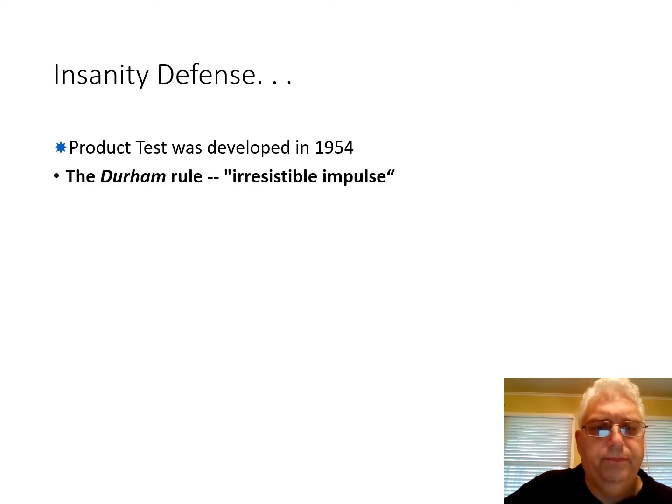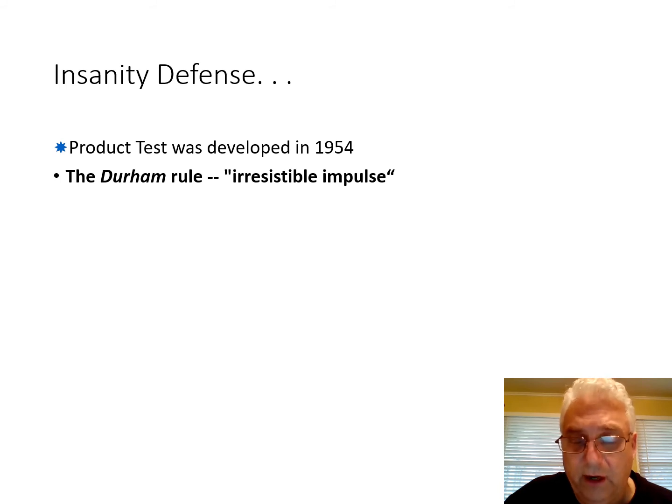All right. So McNaughton is the rule of law, and it's still the rule of law in about half the states in the United States today. McNaughton basically means that the defense has to prove that their client is insane. Well, that hasn't always been the case, it wasn't the case in all states.